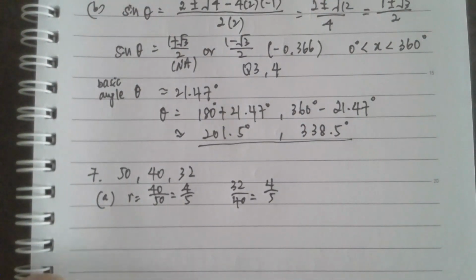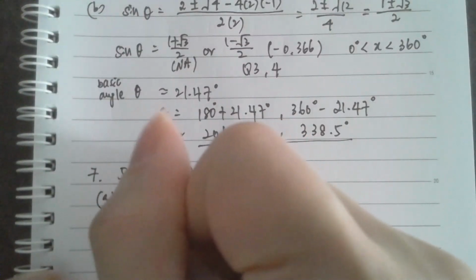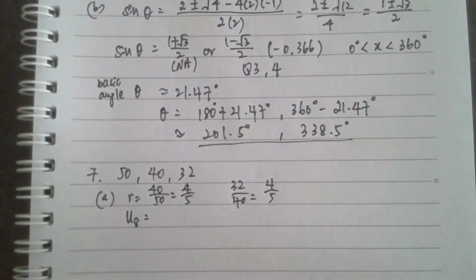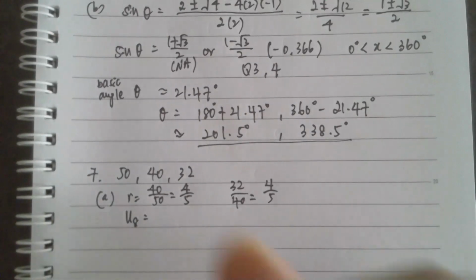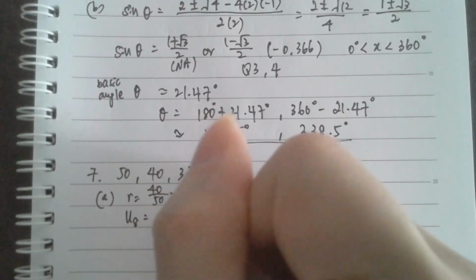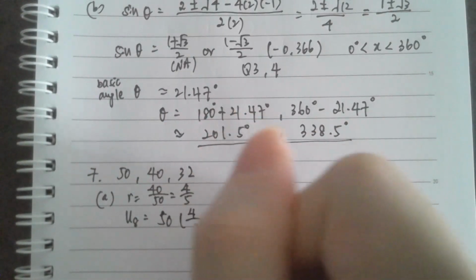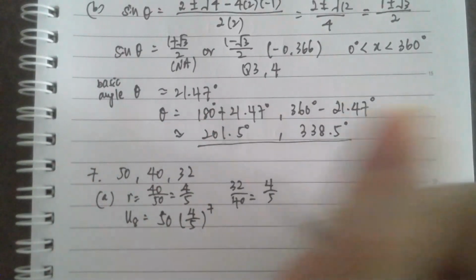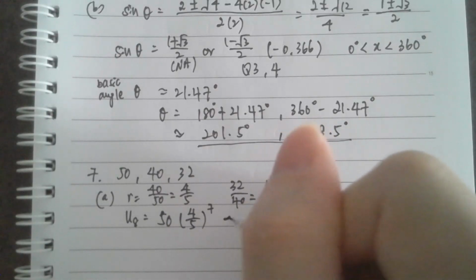Alright, so once we have the ratio with the first term, we can actually look at the 8th term, because the question actually asks about verifying the 9th impact is the first impact that sinks the post in less than 10 millimeters. So the 8th must be more than 10 millimeters. Alright, so let's just figure this out. So U8 is essentially a r to the power of n minus 1, which is 7. Alright, solving this,